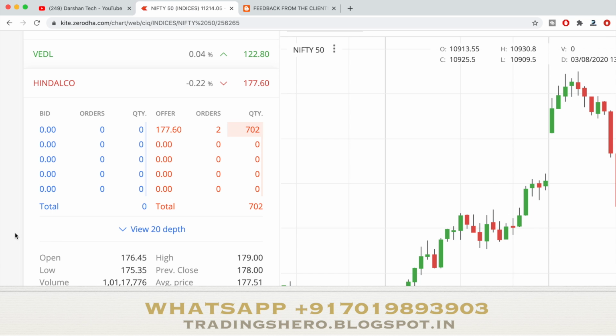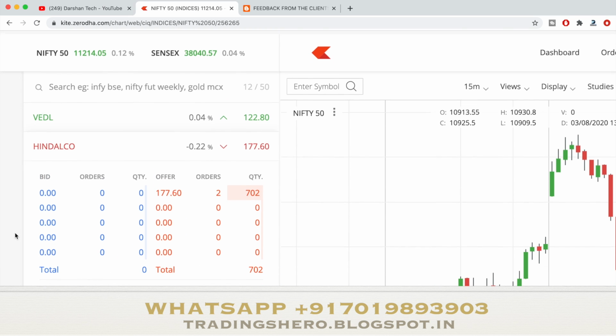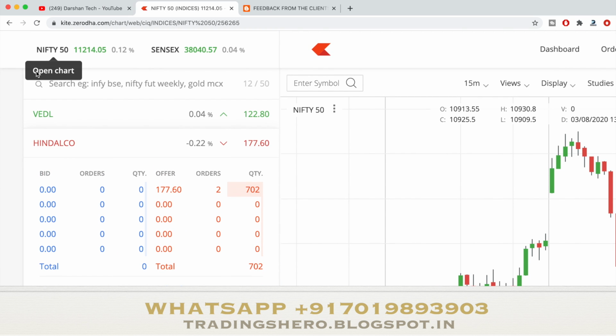According to that, compare the market trend also. Just see where Nifty 50 is going. When you pick a stock, see which side Nifty 50 is going, whether the trend is up or down. And if the market is up and the buyers are more in the selected stock, that means the stock is about to go up, because the market is also up and the stock's buyers are also more. So it is a kind of support.